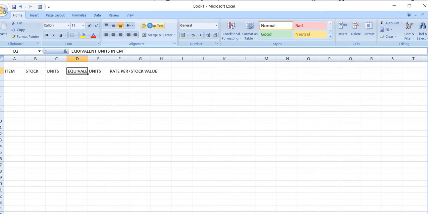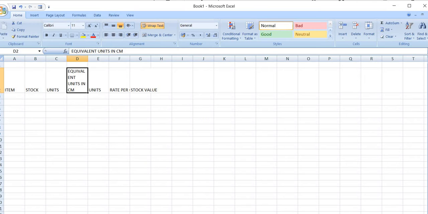So click on this and wrap text so you can see,